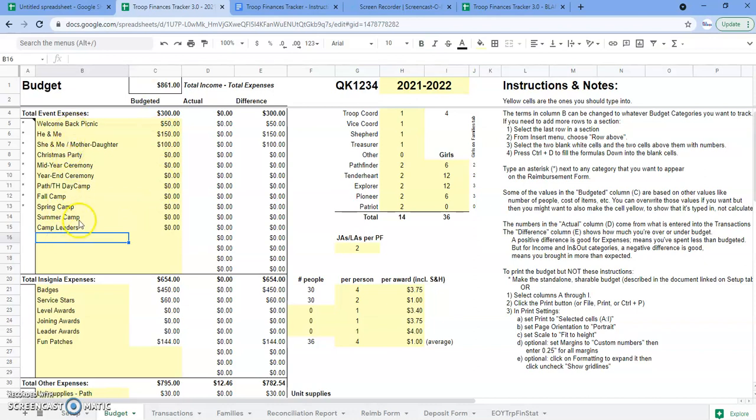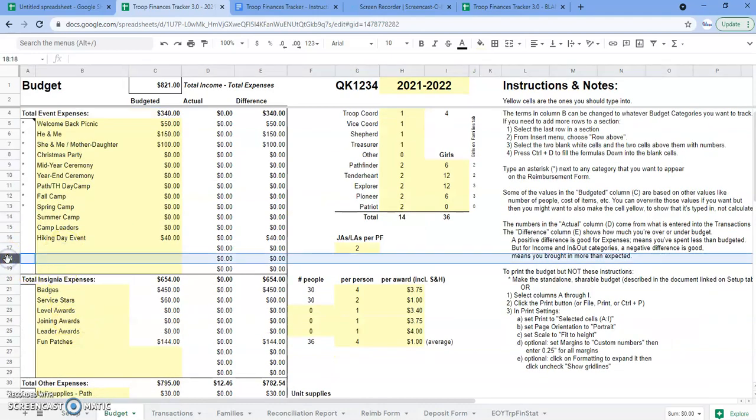I've divided up, let's say we have a hiking day event. So you just type in something and we're going to do $40 for pavilion. And so you just keep typing things in. If you run out, if you need more space, I've divided them into event, insignia, and other. If you need more, then you can